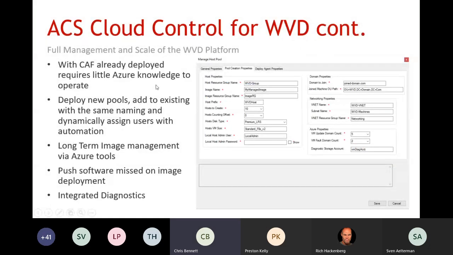And then going into how we actually manage and control the WVD environment, we're able to fully deploy, add to pools, either starting fresh or adding additional, including doing iterative naming based off of the existing naming convention. So we don't need to have multiple sets of machines named something different that are all in the host pool. We can add whenever we need to. We've separated the pool join process, which allows us to scale and deploy up to 200 machines at once, which is the limit for an availability set, and then have all of the capability of pushing any software that might have been missed after the fact with tooling that we've got built,